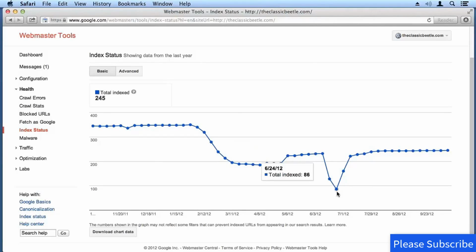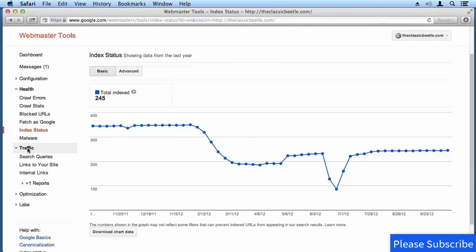Probably a little accident here, and so you want to be sure that that is something that you didn't cause, but chances are sometimes Google makes mistakes, and you'll notice that a couple days later, it was right back up where it usually is. The next tab is the traffic tab, and I always like going to the search queries,